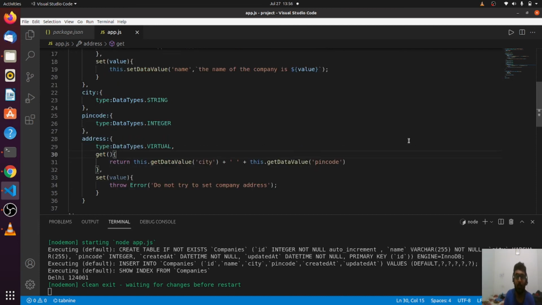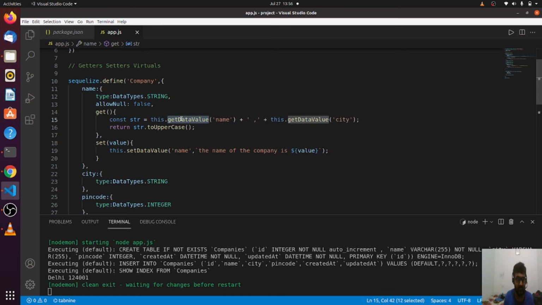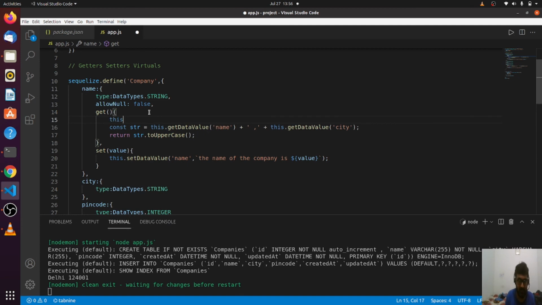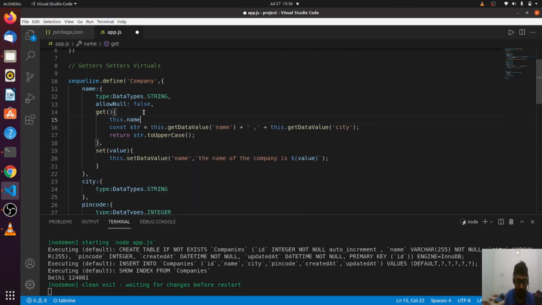Guys, there is one important thing which I wanted to tell you before we end this lecture. That doubt might have come into your mind, and if it hasn't, then it should, because this is a genuine thing. Okay, so why are we doing this in the getters? Why are we getting the data using this dot getDataValue? But in JavaScript, we can do it this way also: user dot name, you're understanding? I can also do it this way. But why are we not doing it this way?